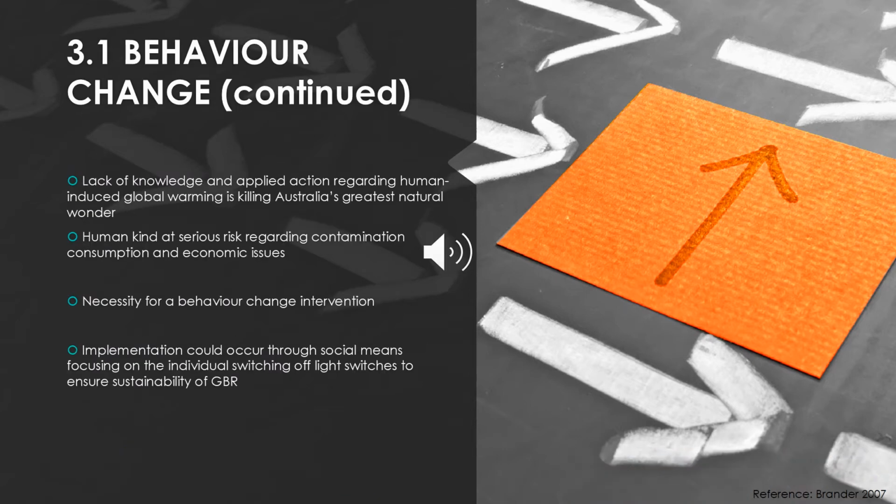The lack of knowledge and applied action regarding human-induced global warming is not only killing Australia's greatest natural wonder, but positions humankind at risk also, through contamination, consumption, and economic issues. Evidently, a behaviour change regarding global warming and the effect it has on the Great Barrier Reef must be implemented. This implementation could occur through social means such as encouraging and teaching youth about reducing their carbon footprint, primarily focusing on the individuals switching light switches off when necessary to ensure the sustainability of the Great Barrier Reef for future